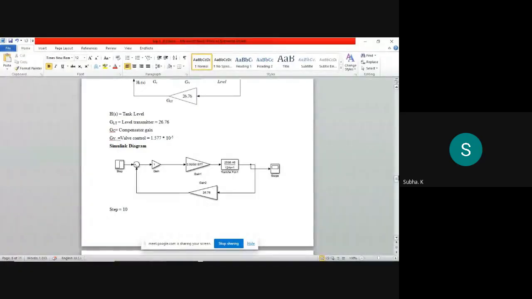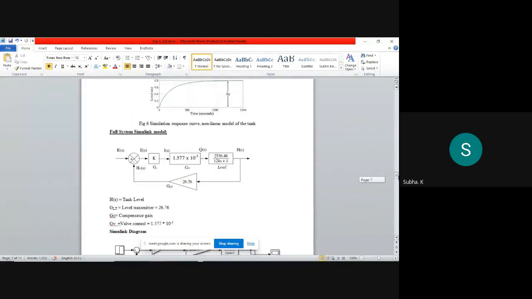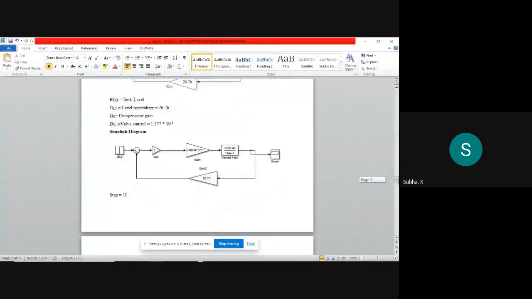Okay, same sort of input and output you got graphs. Very well. See, totally four sets of graphs you have to do. Two flow rate input and two level rate output. See, that one that I am showing, the second block Simulink model also you try. That is with controller, I think. PID controller, transfer function, that compensator gain. The details for the level transmitter gain, compensator gain, and the valve control, everything is given.